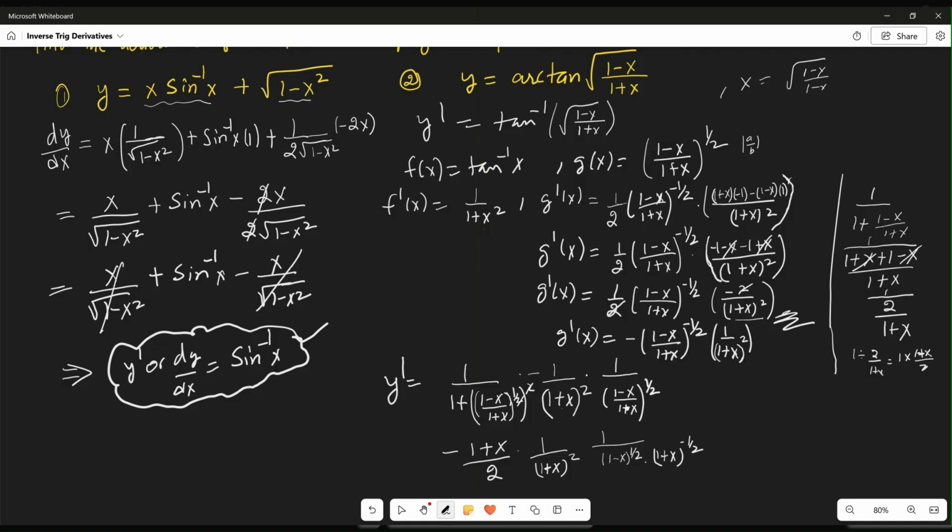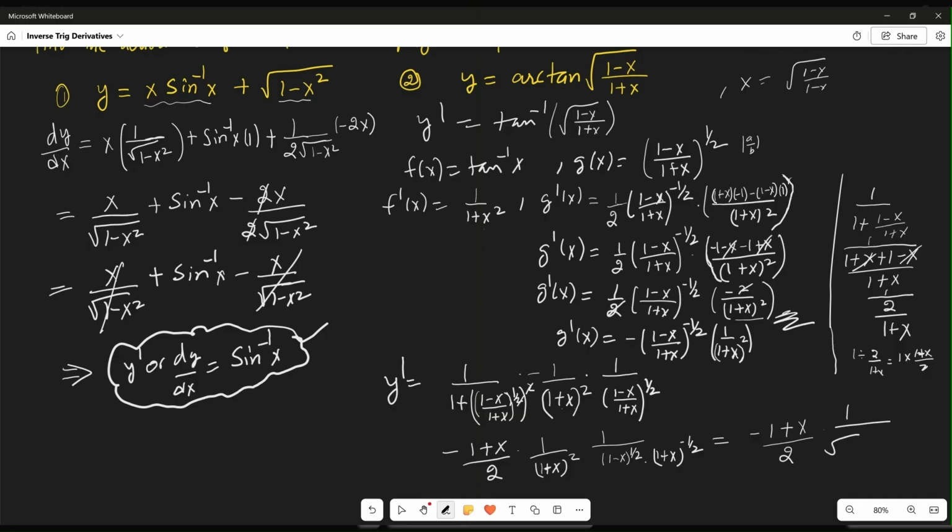Because it's in denominator. If we bring in multiplication, so the power becomes negative. Yeah, let's do this. So this is becoming negative 1 plus x over 2. And see, we have something looks alike times 1 over, so we can rewrite this as this,